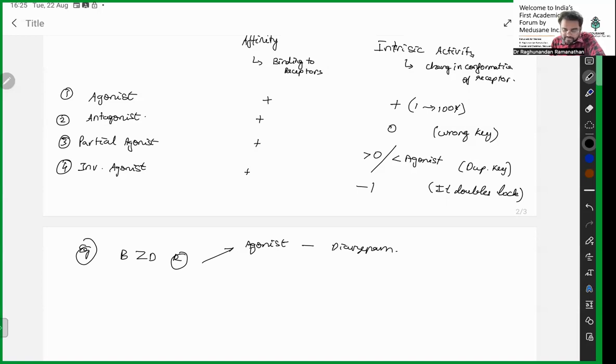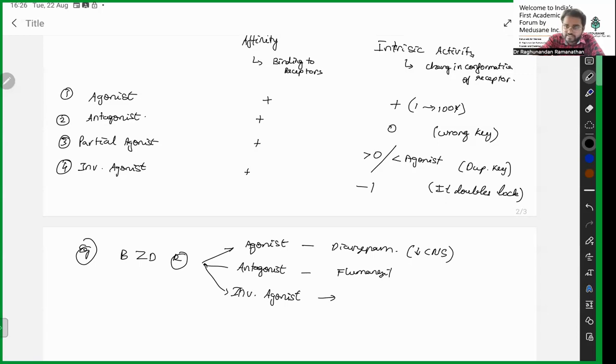Yes, diazepam will be suppressing your central nervous system. It is going to inhibit your central nervous system. It increases the state of the receptor, so it is the agonist. Then who is going to be the antagonist? The antagonist is your flumazenil. It blocks the action of your agonist. There is another one that is going to be your inverse agonist. What is the example of an inverse agonist here?